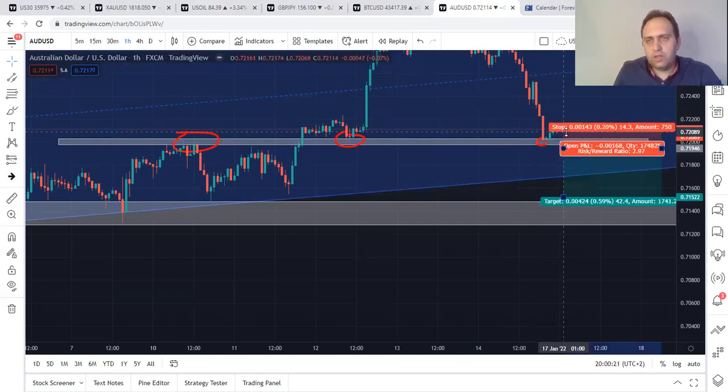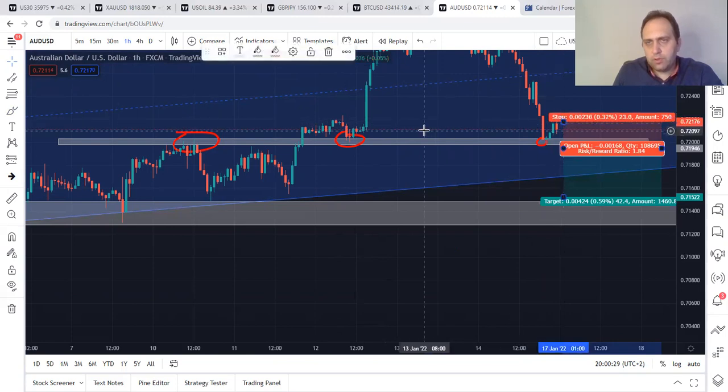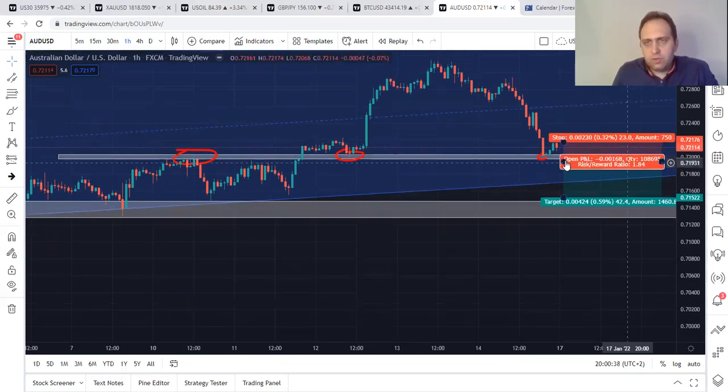Stop loss, you will check the previous candle high. Okay, but it's almost, let's say, 0.72. I don't know. You have to manage. Okay, we'll put a stop loss. Put the stop loss, pay attention, at 0.7217. Okay, but it should be lower.